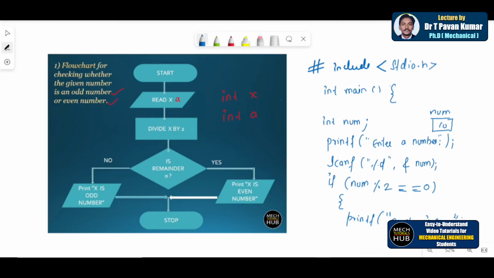If you want the statement to be on the next line, you can place \n also. That is your wish. Close it. If it is equal to 0, then this will execute. If not, then what to do? I'll write it down here. Else, I'm continuing the same program here. Else, open the curly braces, printf